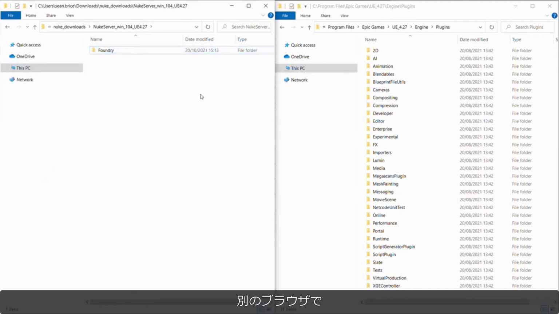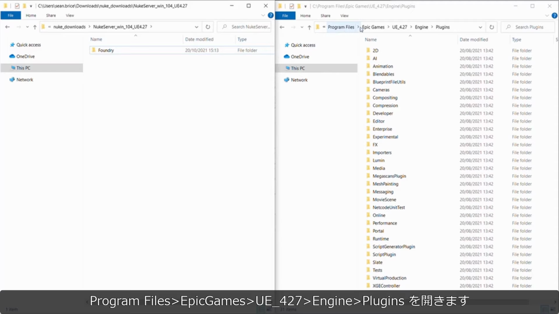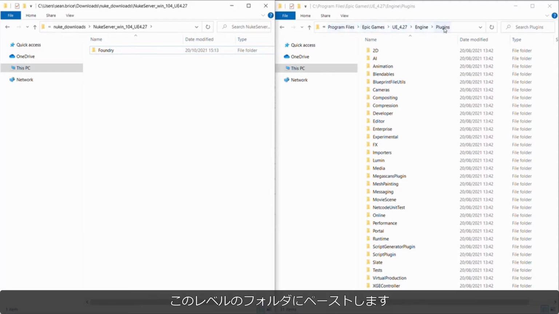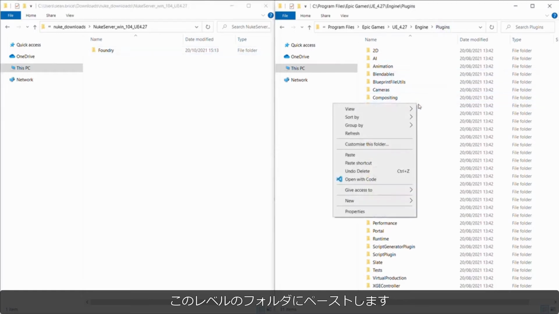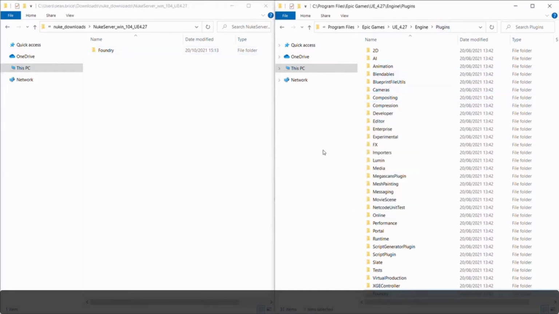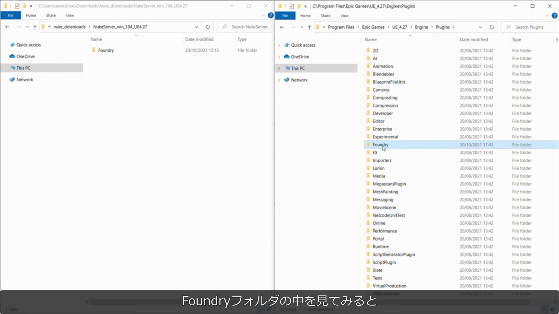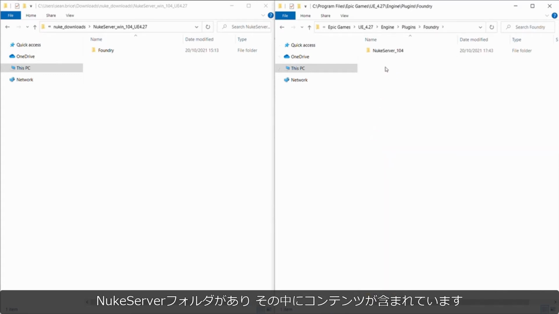Then go into another browser window and go to Program Files, Epic Games, UE427, Engine, Plugins. You can paste anywhere at this level of the folder. If we have a look inside the Foundry folder, you'll see that there is a Nuke Server folder that contains